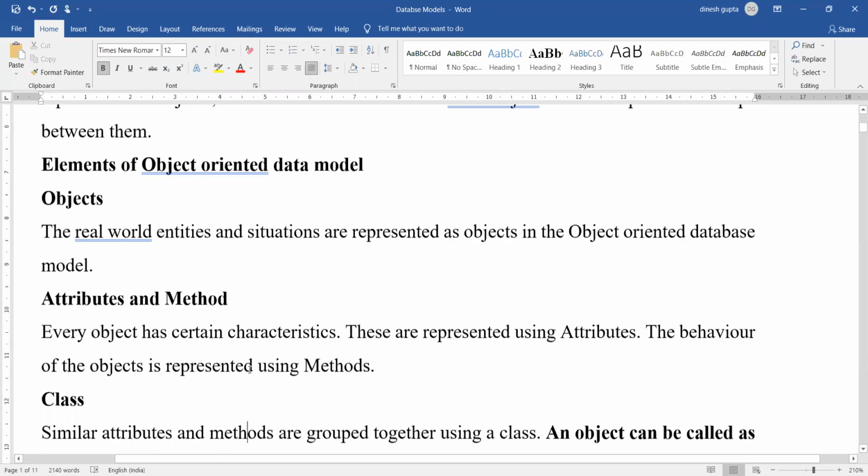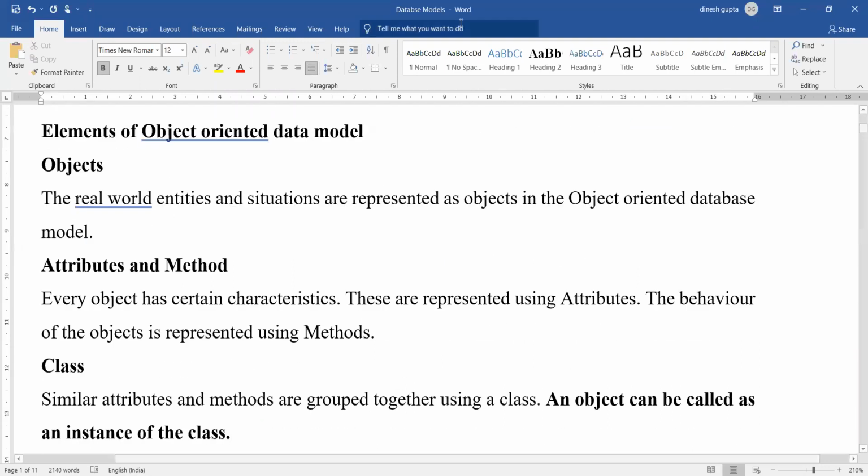So let us discuss how many types of elements there are for an object-oriented model. The first is an object. An object represents a real-world entity and situation in the object-oriented data model. Like I said, if you create a class named student, then a student needs to have objects for it to have a real sense.